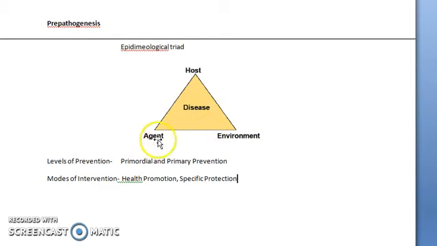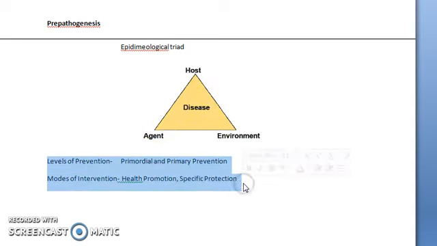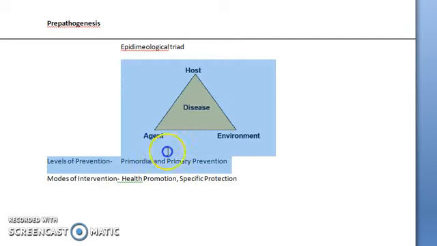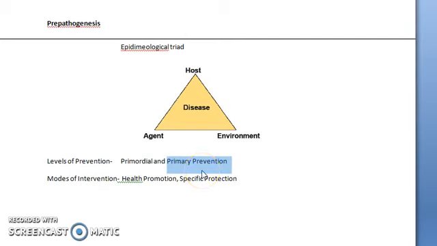All the three have to come together. It is not possible for an agent to cause a disease if there is no host, and the host cannot get the disease if there is no agent. Similarly, all these three factors should come together. In this phase of natural history of disease, you can have prevention. That will be primordial prevention and primary prevention. Primordial is when the disease has not at all existed in that place, but still you have done everything to make sure that it doesn't even come there. Primary prevention is when there is that disease in that area, but you're making sure that people are not going to get the disease, at least the newer people.